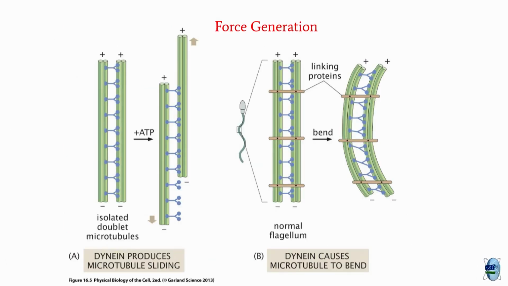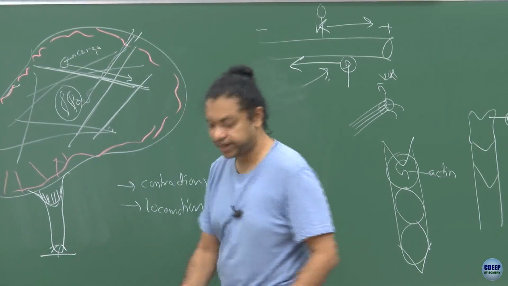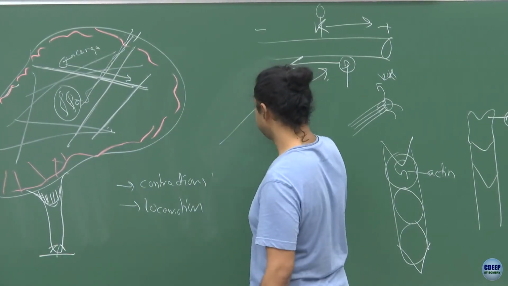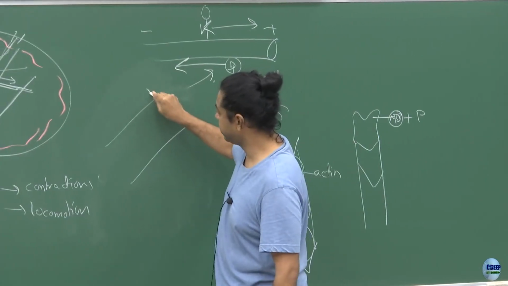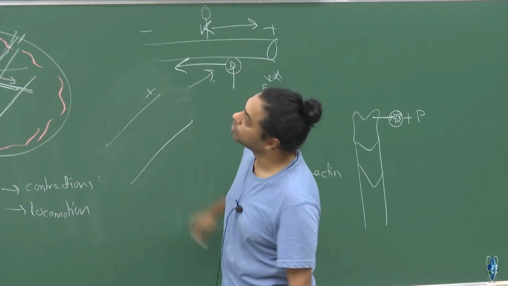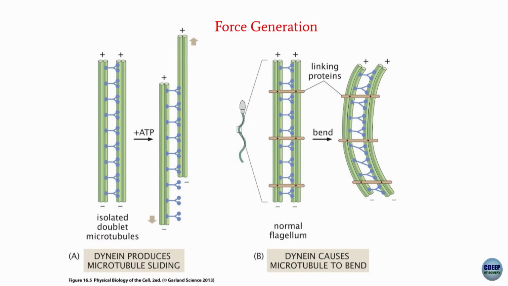Alright, how do you generate forces? I said that you can use these motor proteins to generate forces, and the way you generate forces is that motors not only carry cargo, but they can form complexes and bind two microtubules. So, let us say you have a microtubule, what orientation have I drawn over here? Plus plus